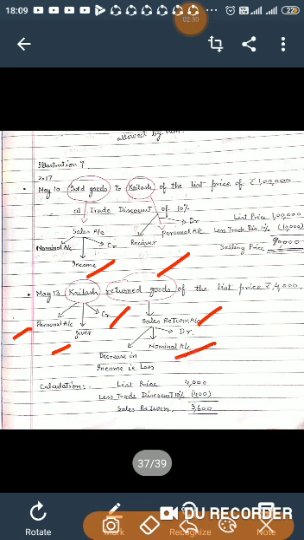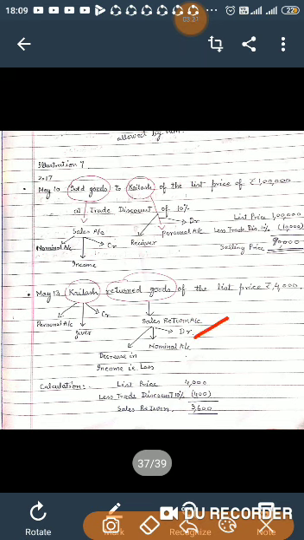Sales return is a nominal account. Sales is an income, so sales return is a decrease in income, and a decrease in income can be treated as a loss. So it is a loss for the business. For nominal accounts, the rule is debit all expenses and losses, credit all income and gains. So sales return is a loss for the business, so it should be debited.